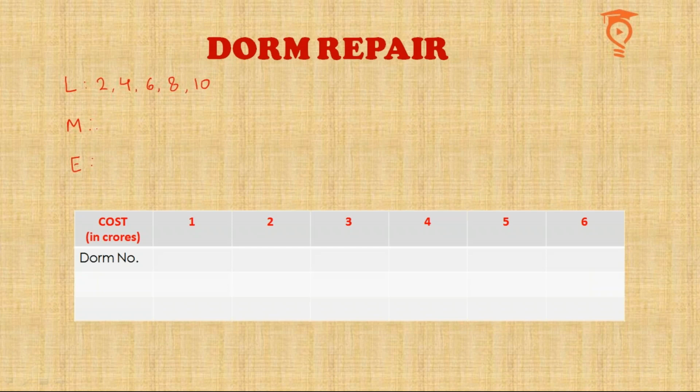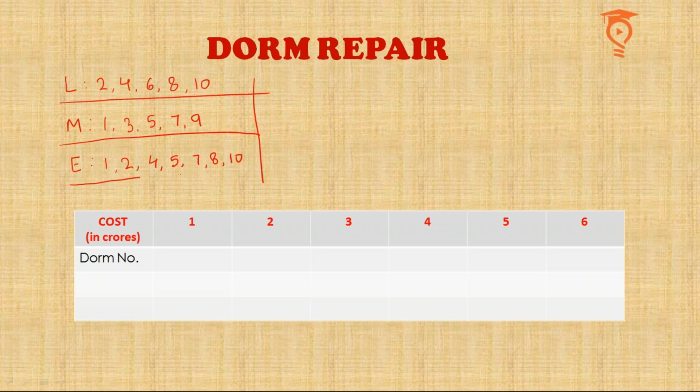Similarly, no even number DOM needs a moderate repair, which means only the odd numbered, and there are four such DOMs which need moderate repair. And the multiples of 3 do not need the extensive repair, so we would have to acknowledge all the numbers which are not multiples of 3: 1, 2, 4, 5, then 7, 8, then 10, and only 3 of these numbers get extensive repair. We would also like to write the cost immediately below the DOM number.